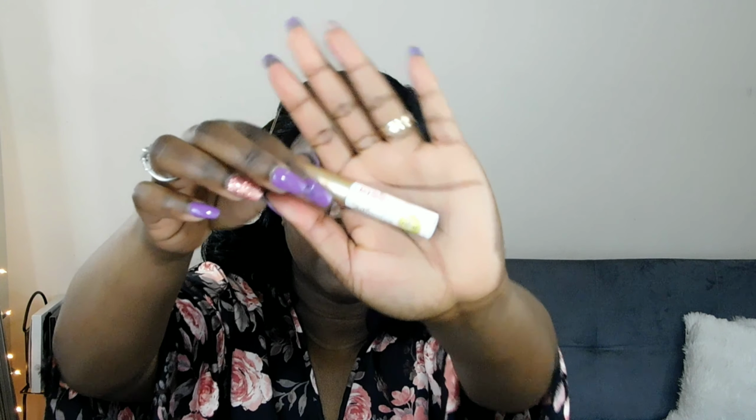So for my lash glue, I'm going to be using the Kiss adhesive. This is what it looks like. It's their clear one and it's the brush on one as well. This is